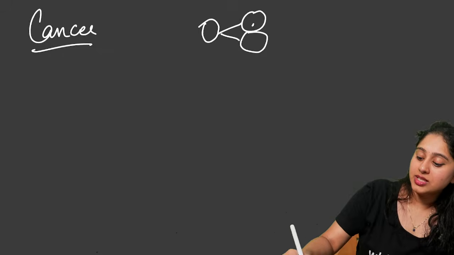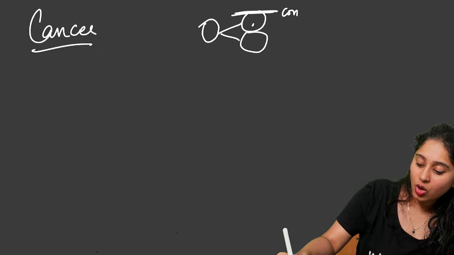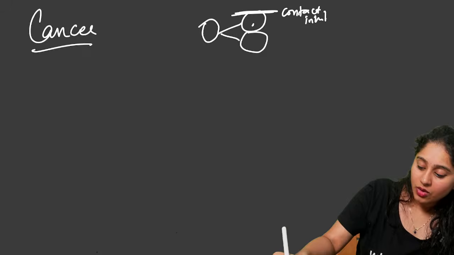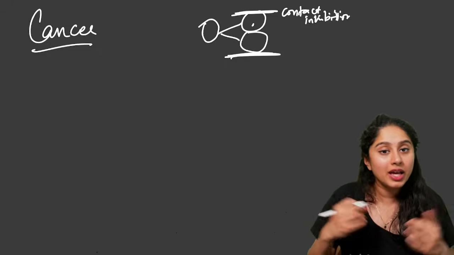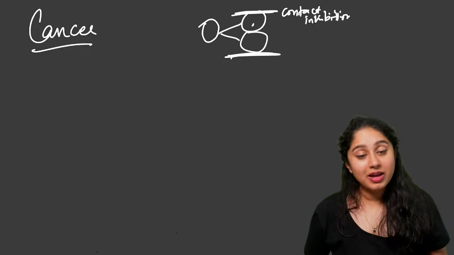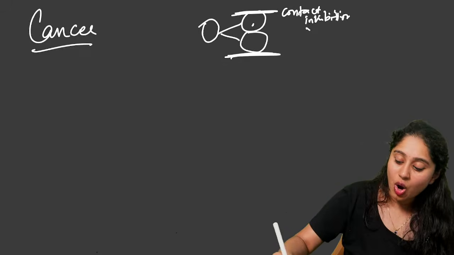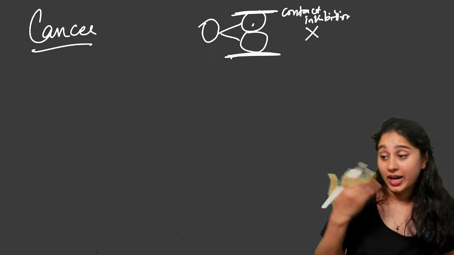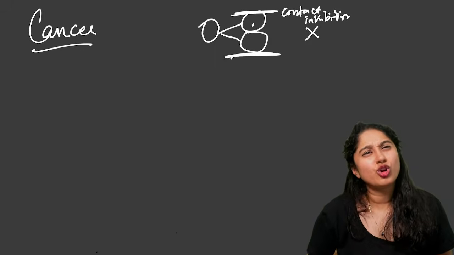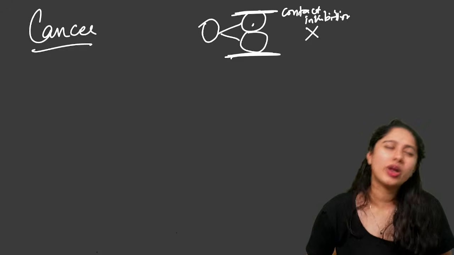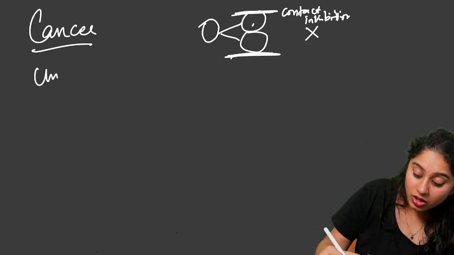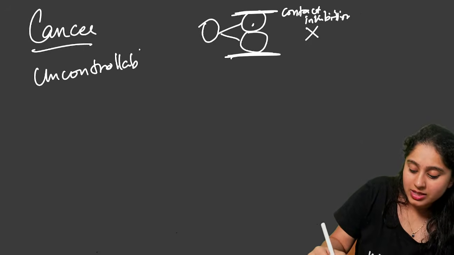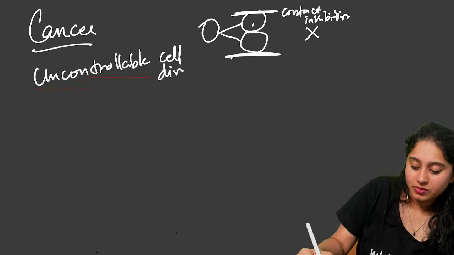After this division is over, he has something called contact inhibition, where the guy next to him will tell him, okay bro, hi, nice meeting you. So this guy will be like, oh hi, I met this guy, so okay, I am done with my replication or my division. But because this contact inhibition is gone, I don't care who is sitting next to me, and I forgot, did I finish dividing? Okay, let me divide one more time. And there will be uncontrollable cell division.